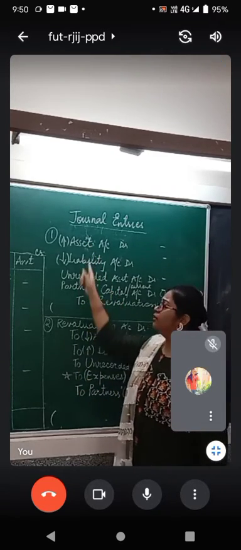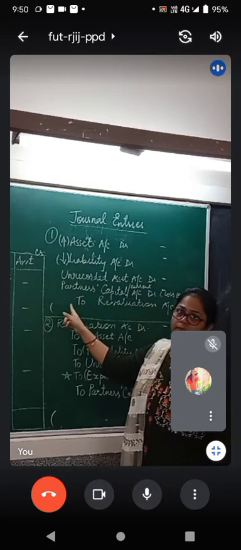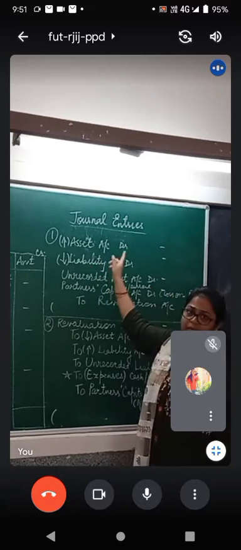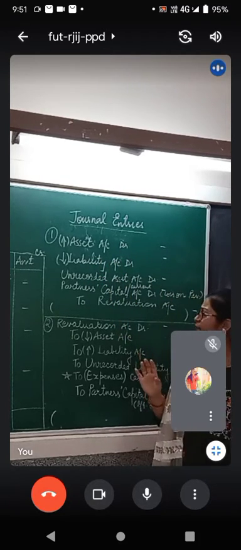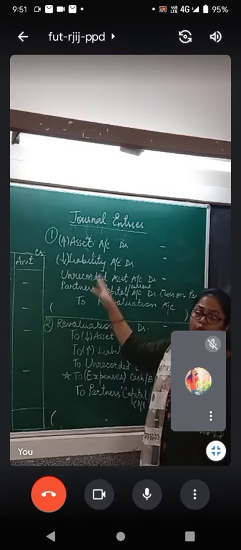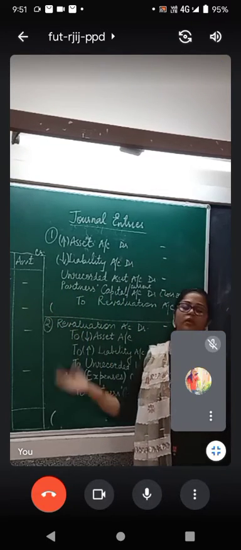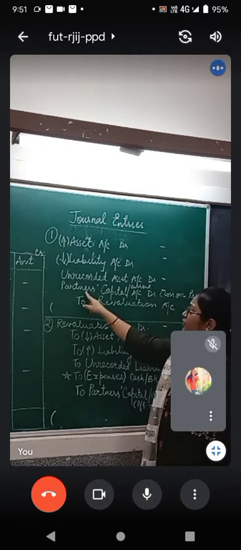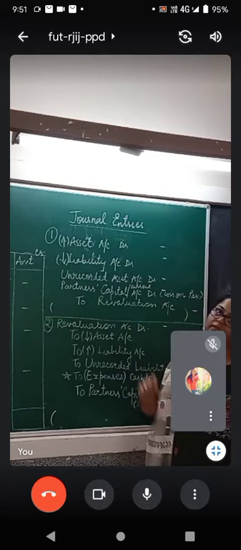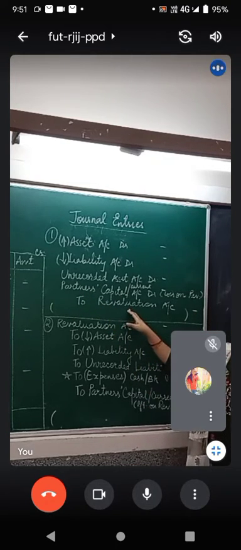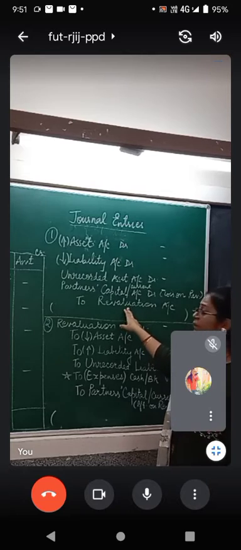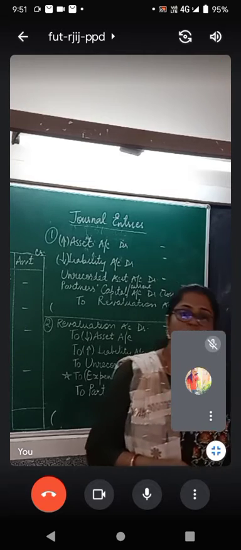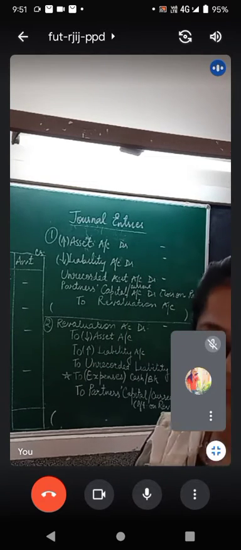Is there anything which is causing a confusion? The first one: any increased asset debit, any decreased liability debit, any unrecorded asset debit, and the loss on revaluation debit. Because we have already made the partners' capital account, we already know what the loss on revaluation is. Only then can we switch to the journal entries. Otherwise, we don't know what to write here unless we make the revaluation account. To revaluation account means the total figure, sorry, this is the balancing figure. What will you write in the narration? Increased value of liability.